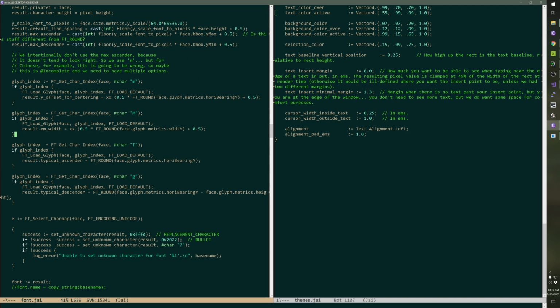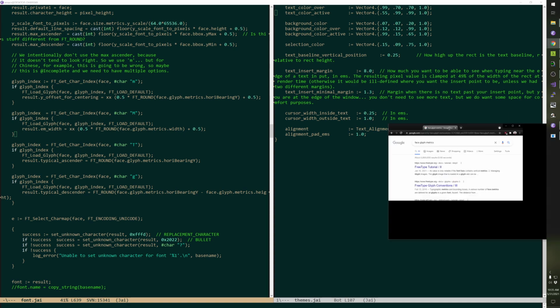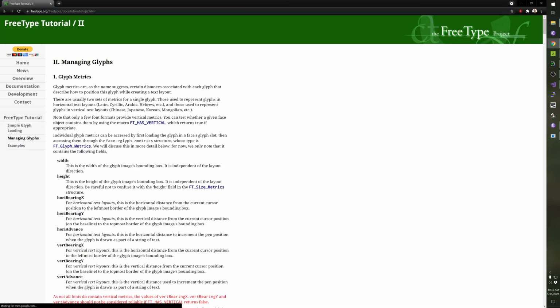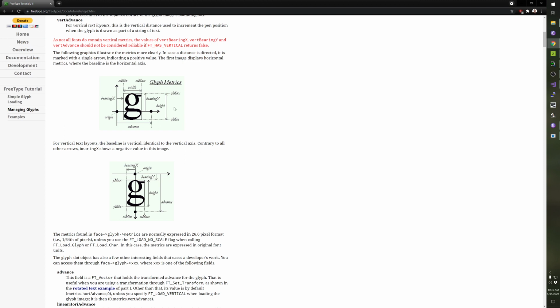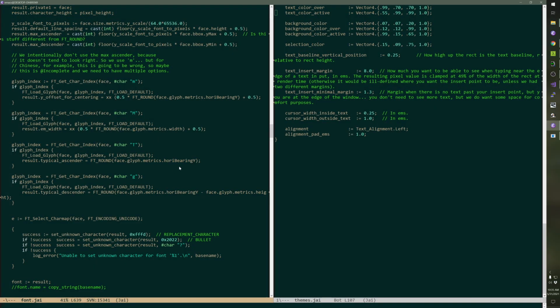Am I nanning? Am I a citizen of the nanny state right now? Is that what's going on? All right, let's just see. There's this one diagram from FreeType that's just not good enough. Okay, here, this thing. All right, I'm saying width. So font glyph metrics width. All right, let's just say